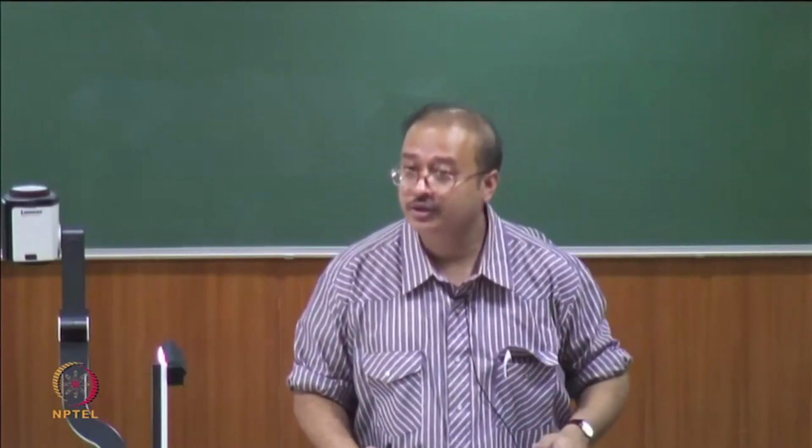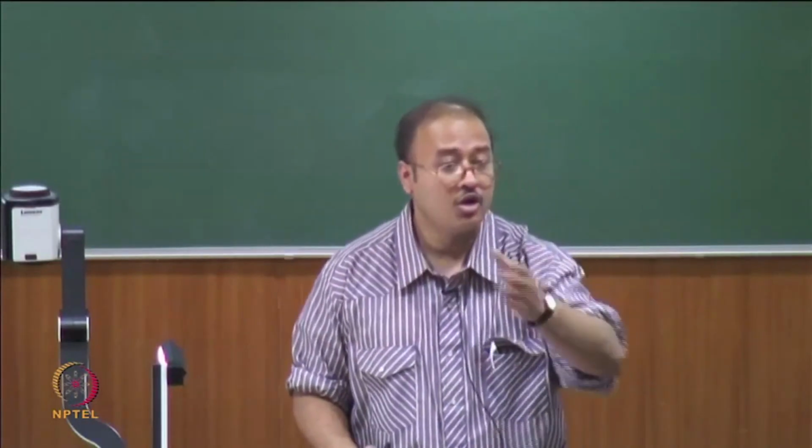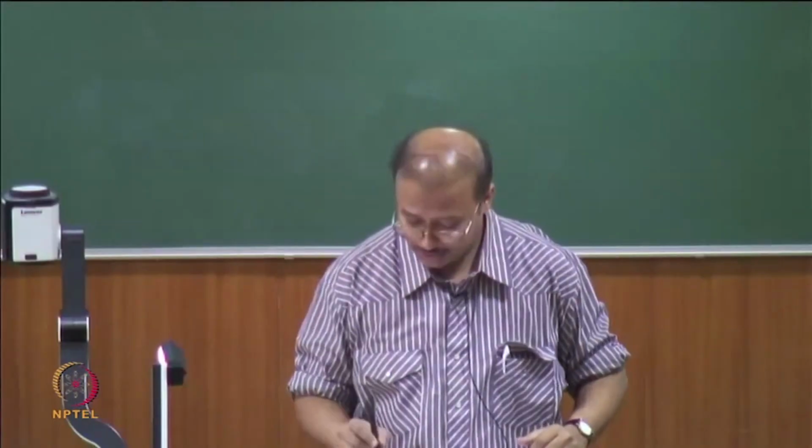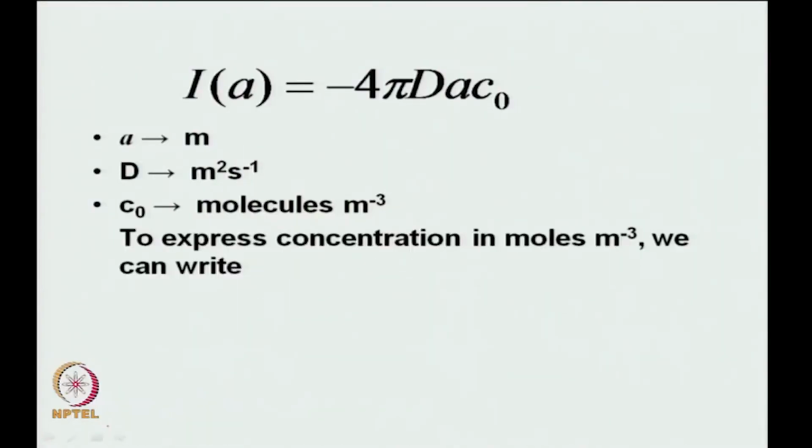Multiplied by 10 to the power 3, right, because 1000 liters gives you 1 meter cube. Okay. So, that is essentially what you will see out here. To express concentration in moles per meter cube, now it is moles per meter cube, not moles per liter, we can write